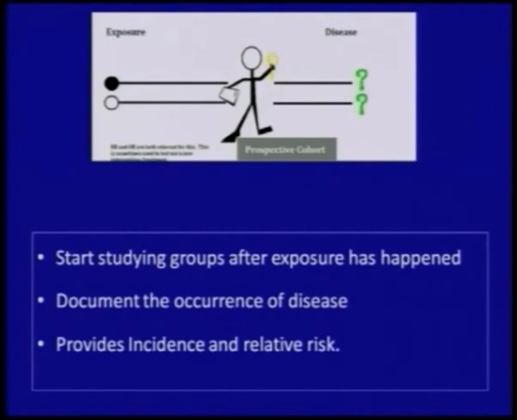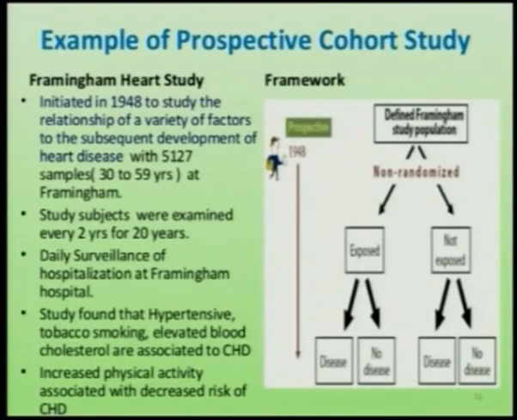So start studying the groups after the exposure has happened. Document the occurrence of the disease over a period of time. So it gives the incidence of the disease and relative risk of developing the disease. So a very popular example is the Framingham heart study, which we have heard many times. So the study was started in a small town called Framingham in the year 1948. So they prospectively followed